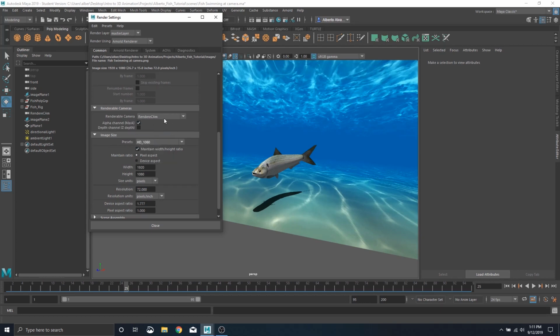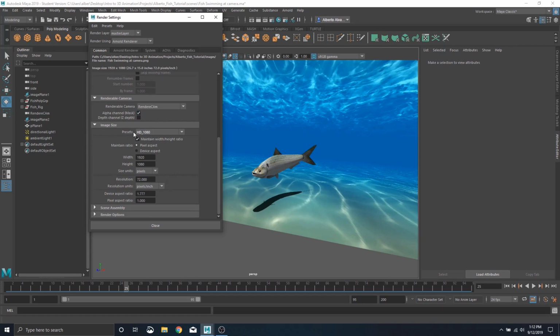That way no other camera is going to come out of it. Again, if you want to output with a blank background so you can composite something in the background, you can do the alpha channel mask, turn that on. The next option, you're probably going to get something different in the presets here, but set it